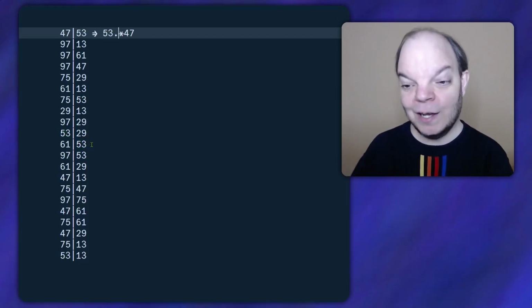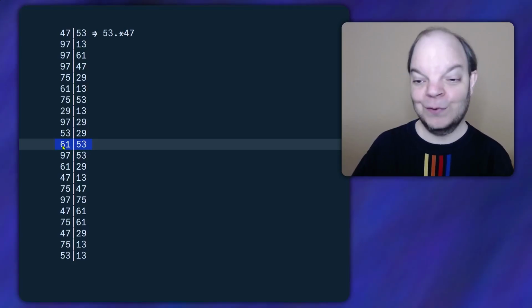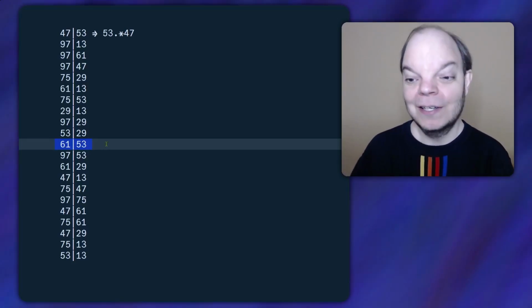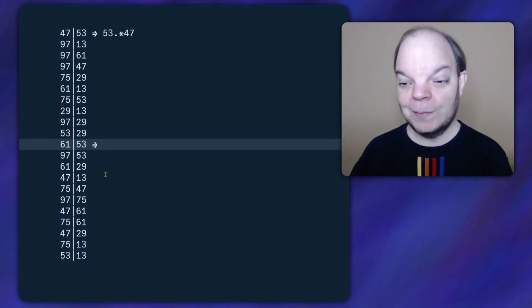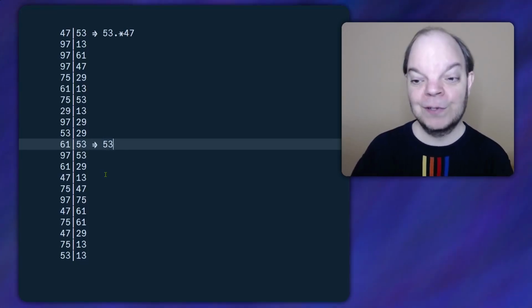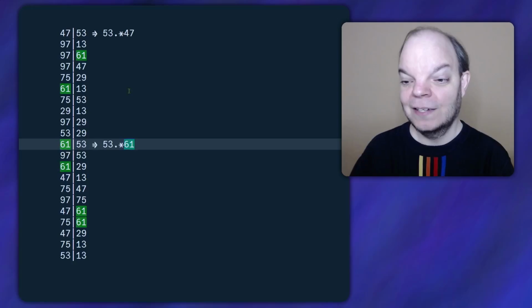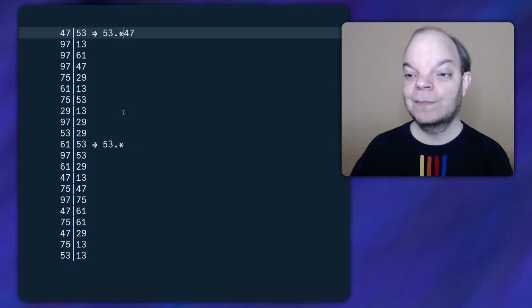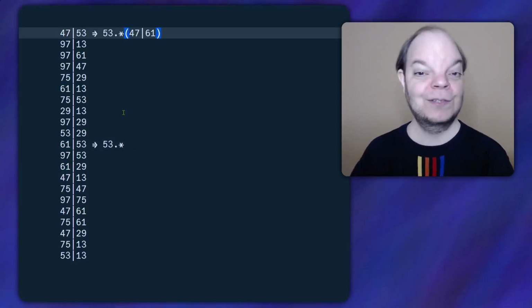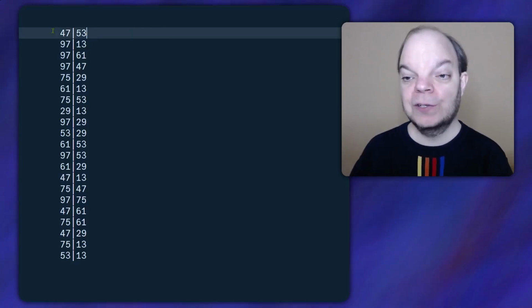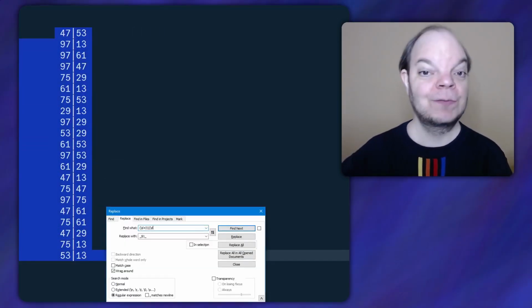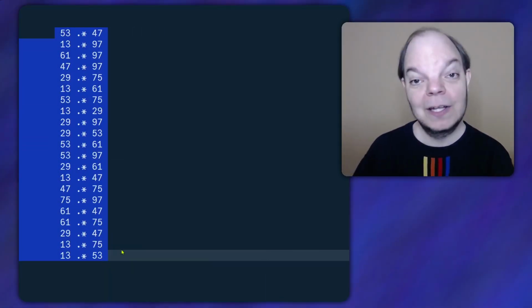Okay, but then we have another element here that looks for 6153. So instead of turning that into a separate regular expression that looks for the 53 all over again and then a 61, we can instead combine that up here by including the 61 in an alternation. So if I were to turn all of these ordering rules into a regular expression, then I'll get something like